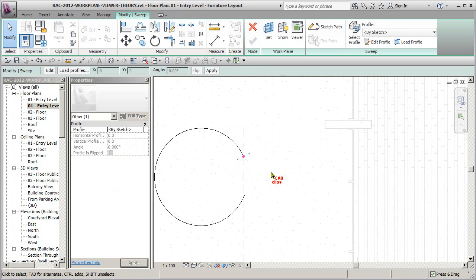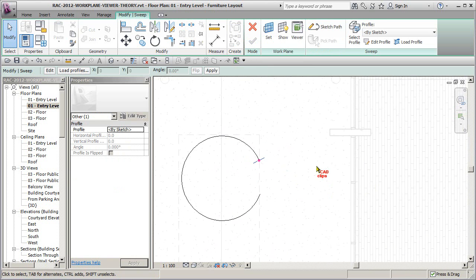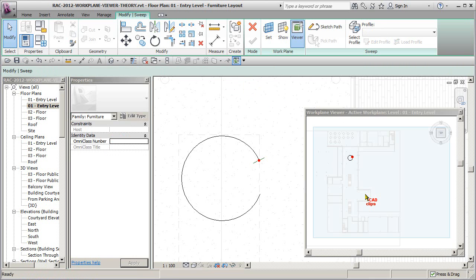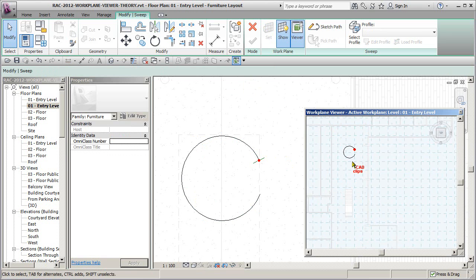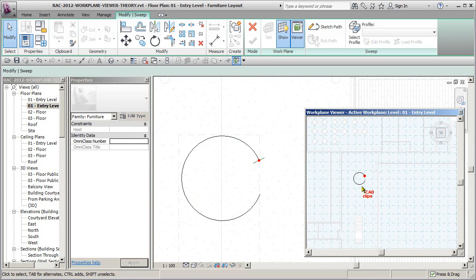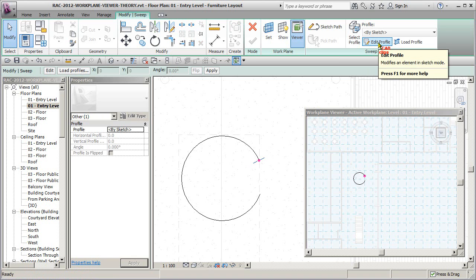Now watch what I'm going to do here. I'm going to zoom out a bit, and now I'm going to pick on my work plane viewer. Opens up my work plane viewer window, and by default it goes perpendicular to the current work plane, which is the flat one. Now I'm going to zoom in a bit closer. Now watch what happens when I start to actually edit the profile. If I go back in here and I say select profile, which enables me to say edit profile,